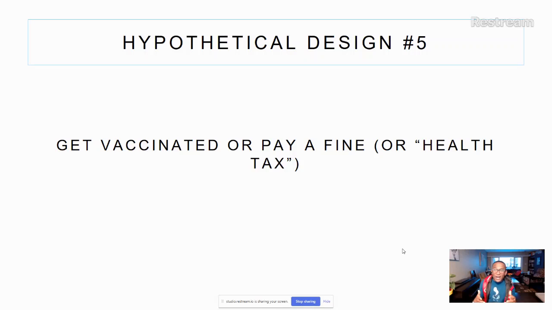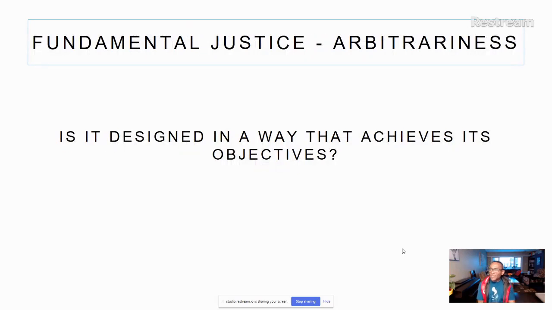Now, I'm doing this without the benefit of the details, right? This is all we have. They're going to implement a health tax, or, as I see it, they're going to ask you to pay a fine. But we don't have the details of how they're going to do it. So I'm just going to speculate for the rest of this presentation. So the first question, obviously, is it designed in a way that achieves its objectives? Well, I could answer that question if I actually saw the design. I don't know what the design is. But the one thing I can say is